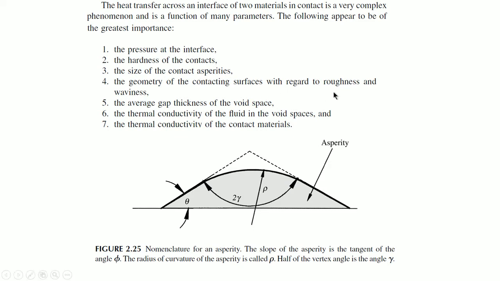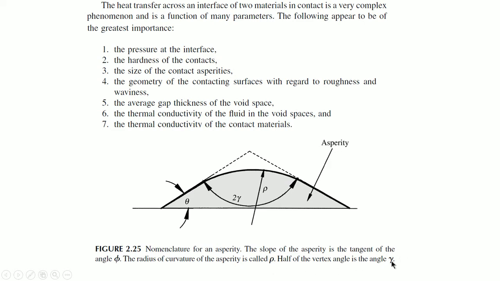Geometry of the contact surface with regard to roughness and waviness, average gap thickness of the void space, thermal conductivity of the fluid in the void spaces. Seen that, no? It is not air, it could be any conductive fluid, and thermal conductivity of the contact materials. So, if you consider the conductivity of the fluid and the contact materials,